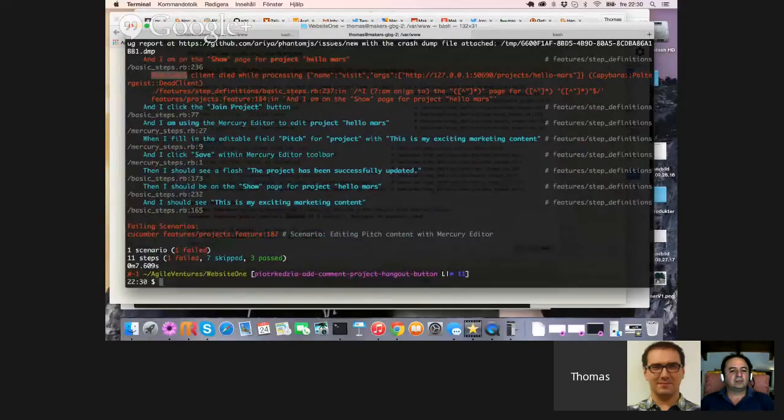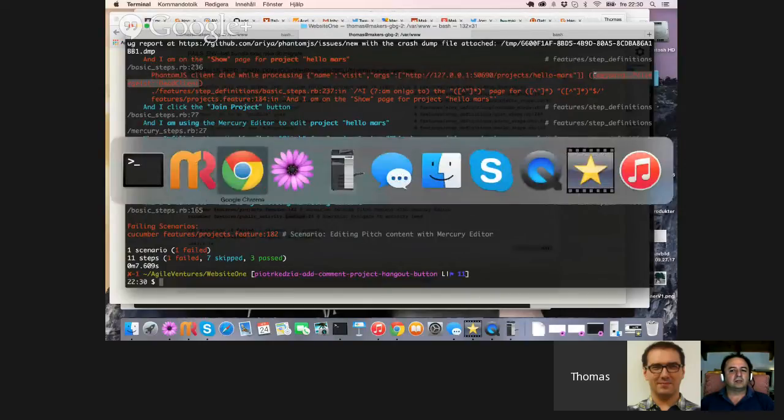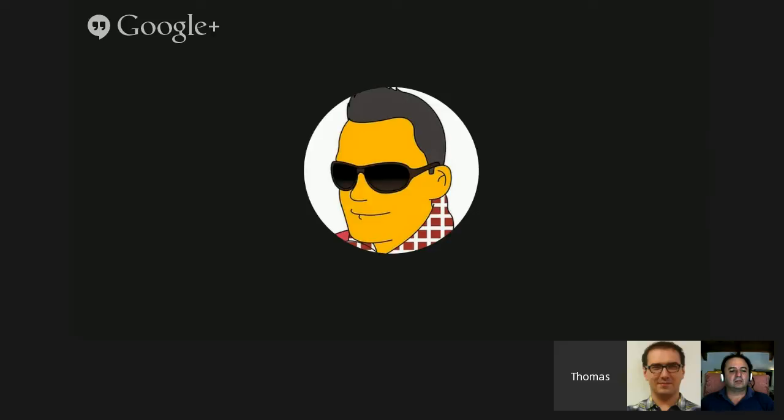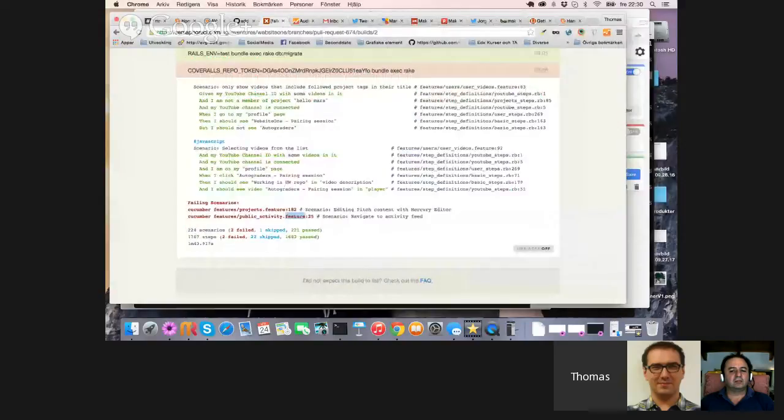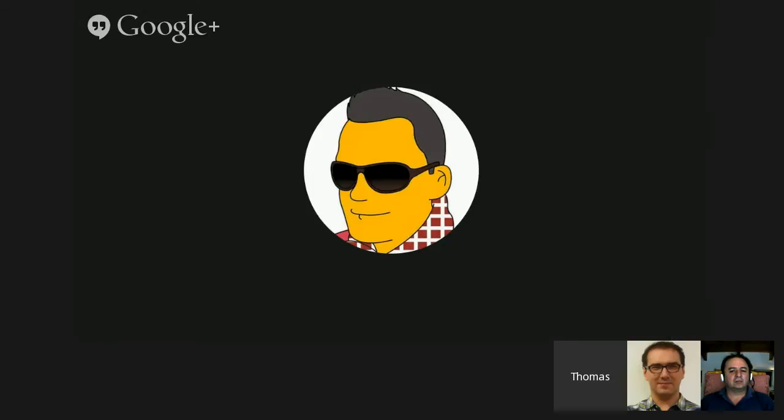Dead client. Okay. A very strange error, actually. I have the same errors on my local machine, so that's why I reinstalled my Ubuntu. Let's have a look. You have the same error.